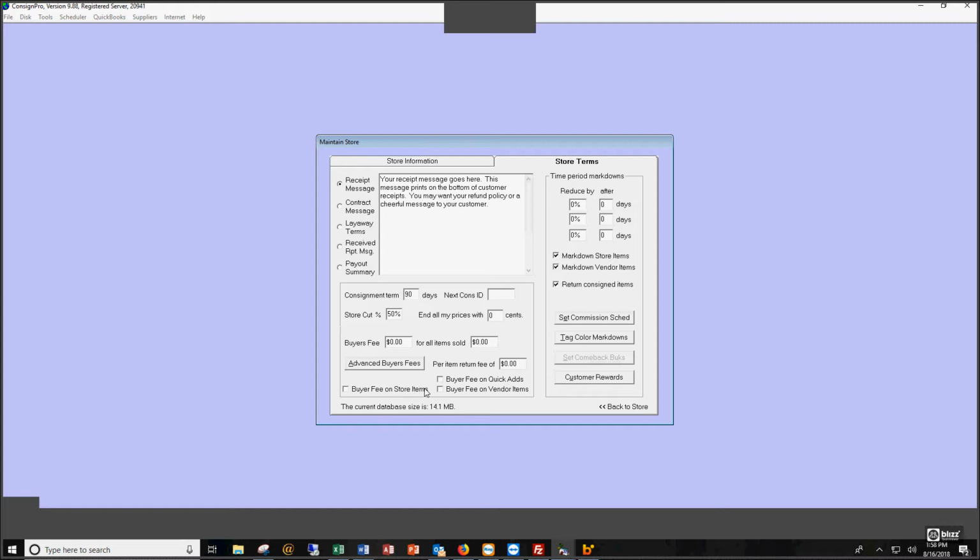the definition is a dollar or percentage that's added to each item tag as the tag gets printed. That dollar amount is collected from the customer, but it's not shared with the consignor. So a very simple example would be a $10 item with a $1 buyer's fee. The price tag would print for $11. As that item sold, the customer would give you $11, and then you would only split $10 of that with